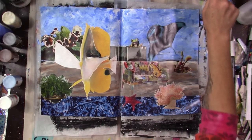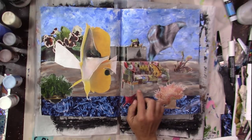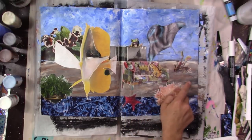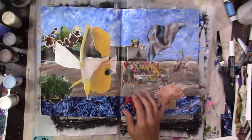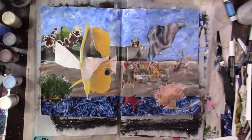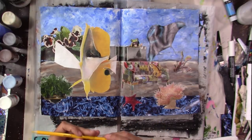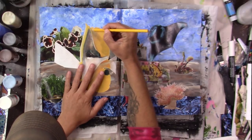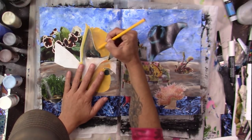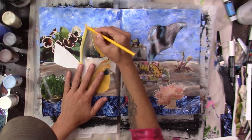Okay, so let's dig out some pencils and see what we can play with. I'm wondering if I should turn these all into pebbles down here or leave it as is. I kind of like it as it is. Oh, I don't know. I do want to darken up this. I don't want it just yellow. Let's see. Golden yellow. Let's see what we can, might throw some orange in and change some stuff here as well. I don't know why, that's just...